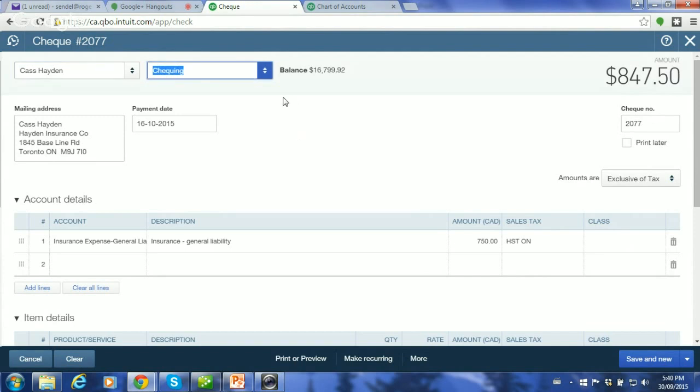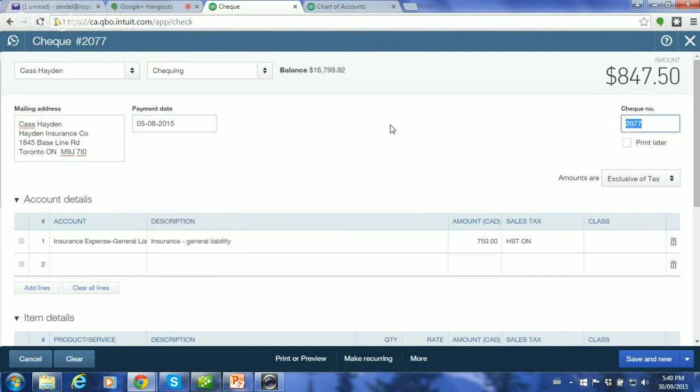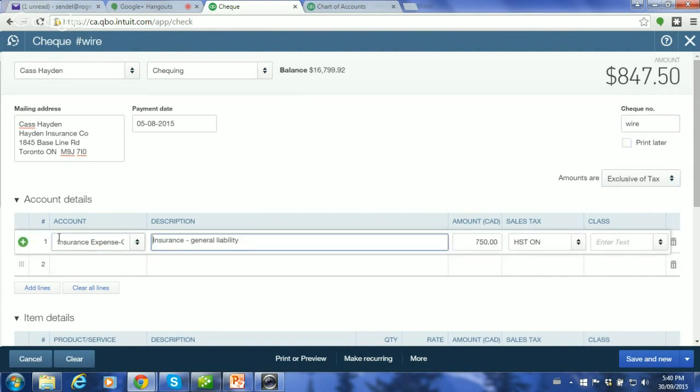And as we move forward with the check and the wire transfer, we're going to backdate this to, let's say, August 5th, and we're going to overwrite the check number and call it a wire. Okay, and the account we're going to use is the one we just set up. That's deposit on account, and $2,000 on $5,000 is 40%. So 40% deposit on our PO number 1234.